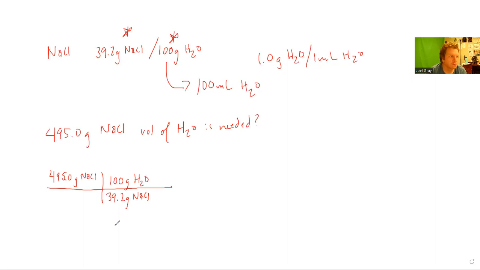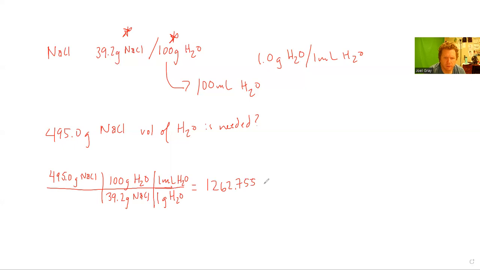Okay, so we could figure this out if we were looking for the mass of H2O that we need, 495 times 100 divided by 39.2. But that's not what we're going to do. Instead, we're going to take the extra step and consider the density of H2O. 1 gram of H2O is 1 milliliter of H2O. So 495 times 100 times 1 gives us the volume of H2O after we divide it by 39.2,